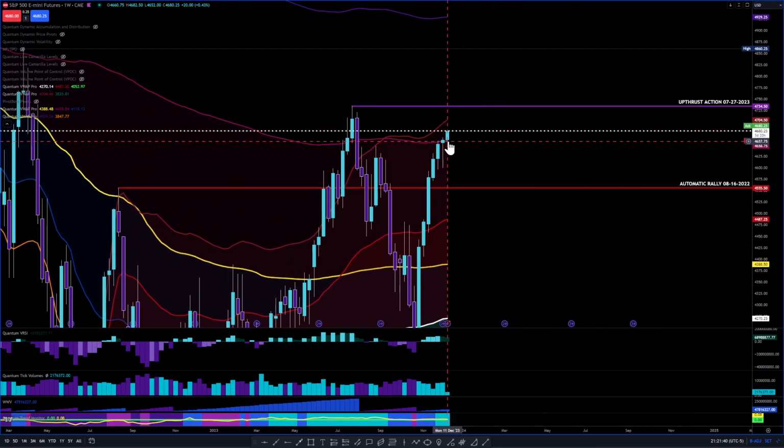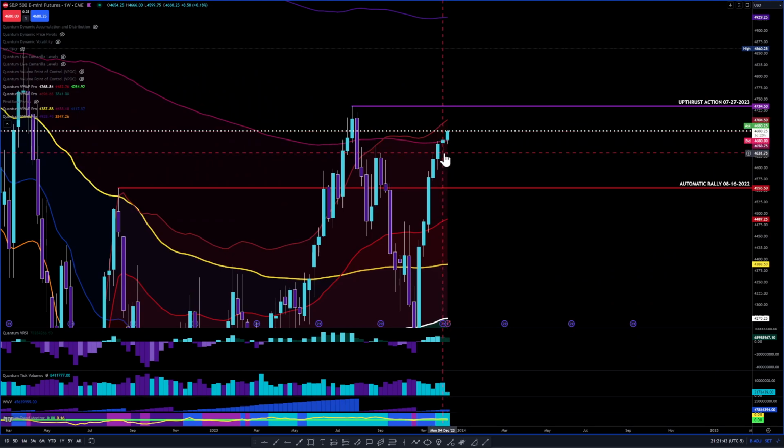Now we actually broke above that right there, and it looks like this candle had some problems on the 4th of December with this level, right? Because we have the major wicks coming in here. Well, on the weekly, I guess in this week we had some trouble while running into this level here at 46.58.75, right? So you see we have two rejections there. It had to stop, and then it broke out on this candle right here.